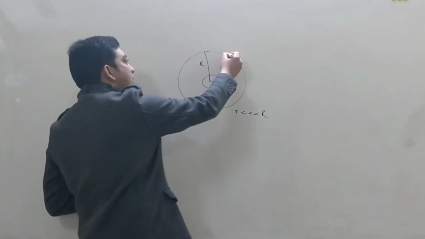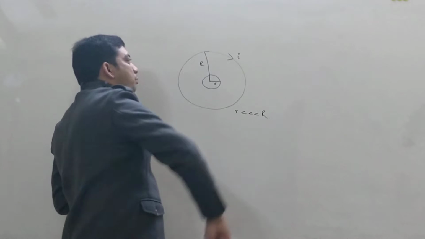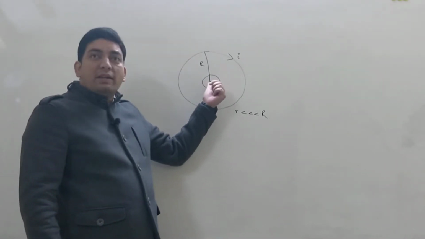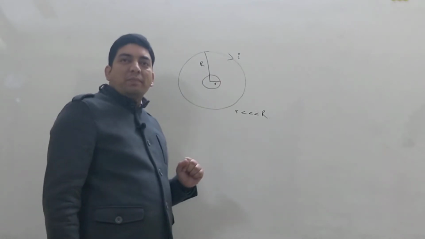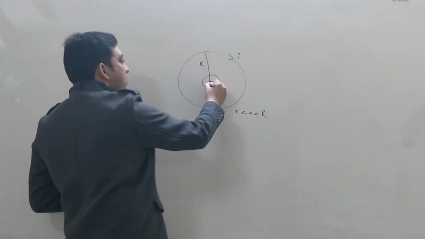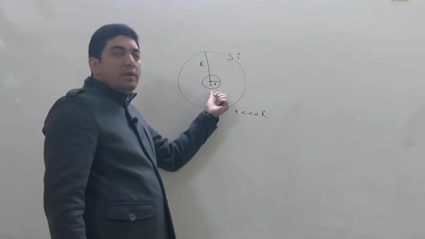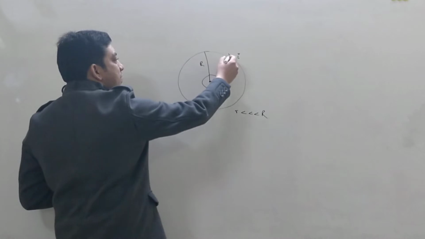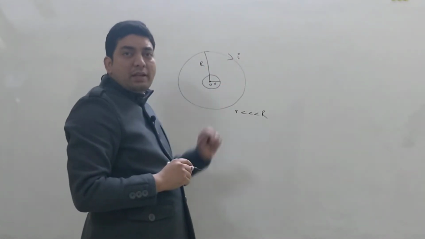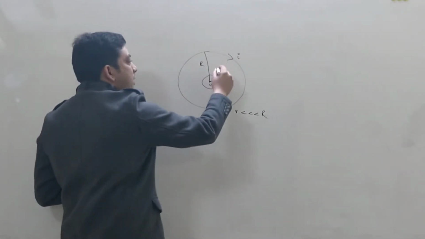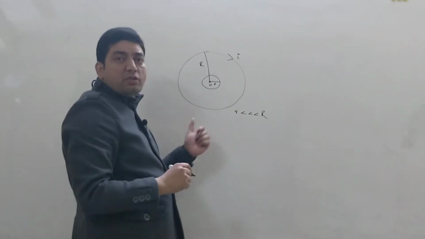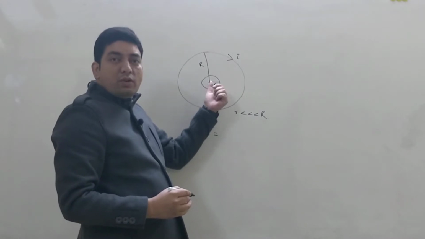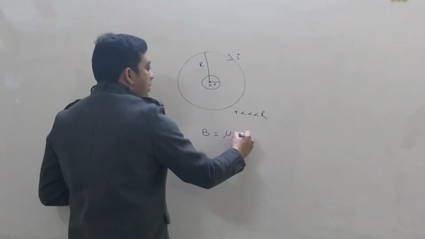Let us assume that the current in the bigger loop is capital I, and we have to identify the magnetic field at its center. Here the inner loop has radius small r, which is very less as compared with capital R, and we have assumed the current in the outer loop as small I. Using one of the applications of Biot-Savart law, the magnetic field at the center of a current carrying loop is given by mu naught I upon